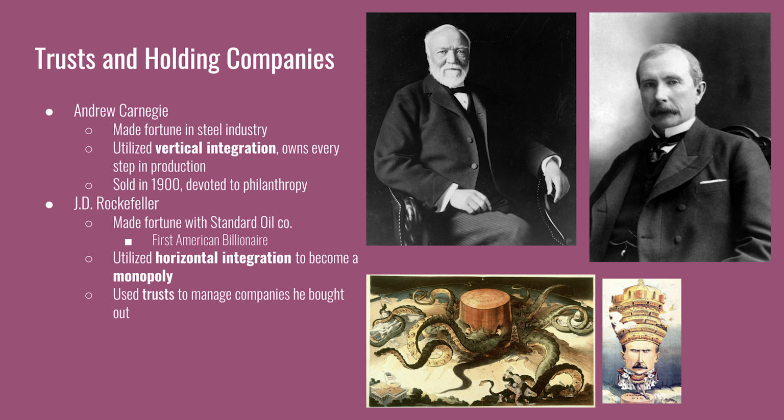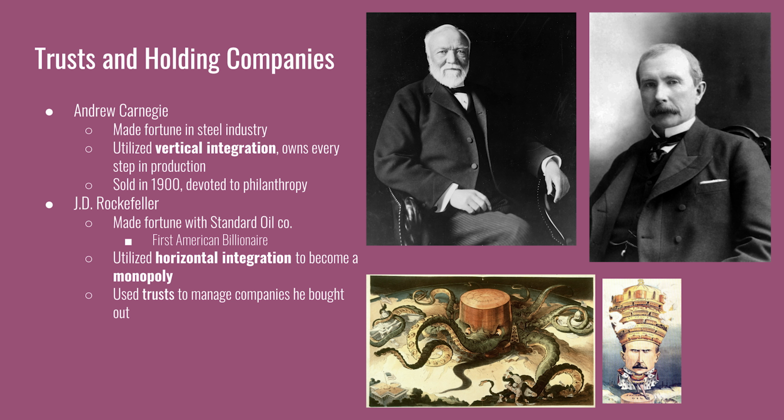At first, the oil was being used for lamps in order to light a room. Through his process of standardizing the oil so that it would burn at a constant rate, he builds the Standard Oil Company. He utilizes what's called horizontal integration. That means he bought out all the other competitors in the oil industry that were competing against him. By buying out the competitors, he could form a monopoly, increase prices without need for improving the product, and therefore